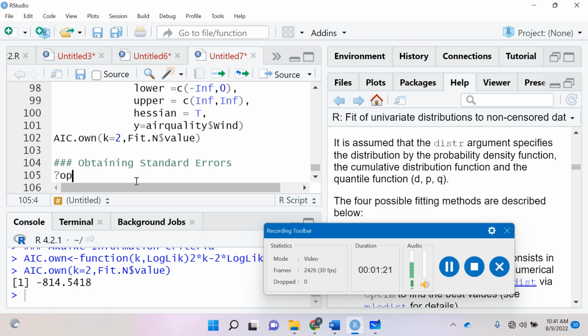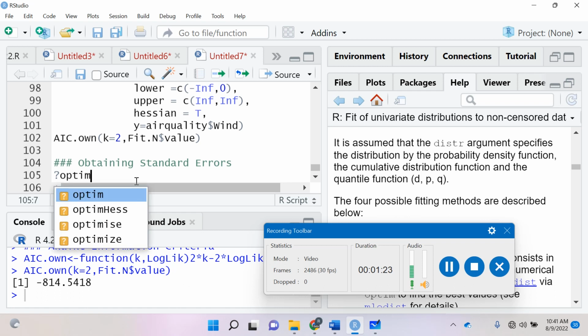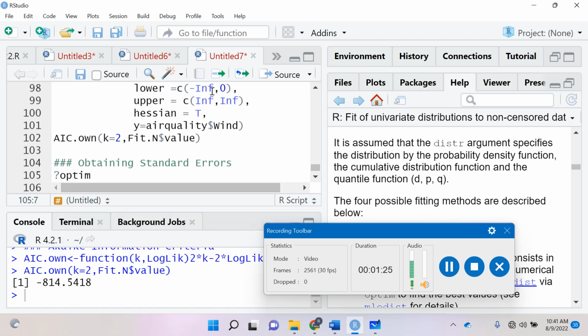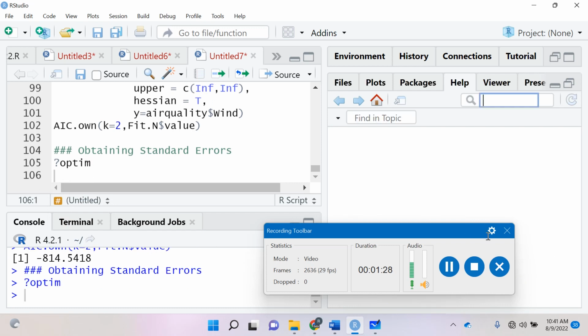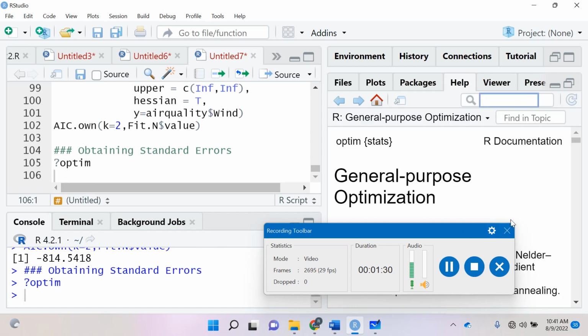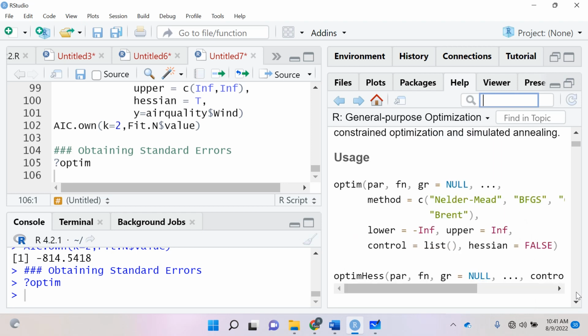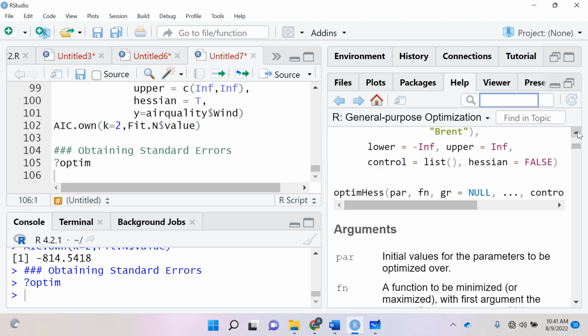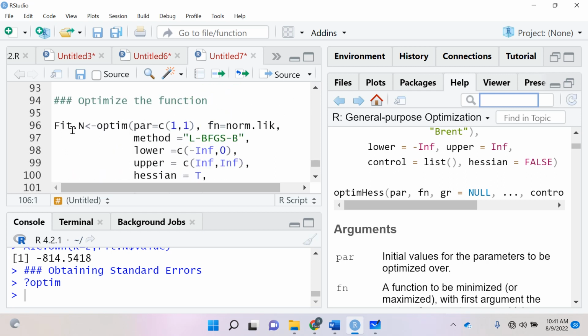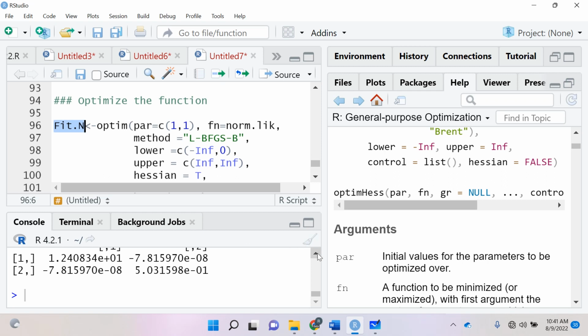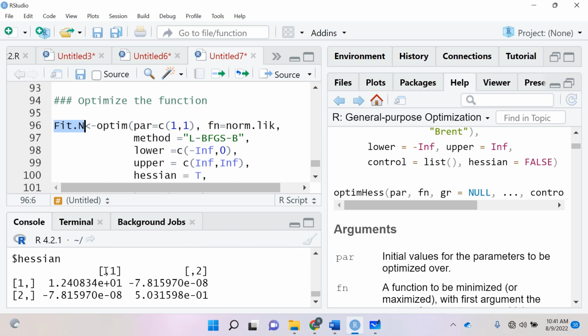So that optim function, remember that we can get our Hessian. If you set hessian to be true, so by default it is false, but if you set it to be true, you get a Hessian matrix. So if you look at our function over here, this is a Hessian matrix because we have two parameters, mean and